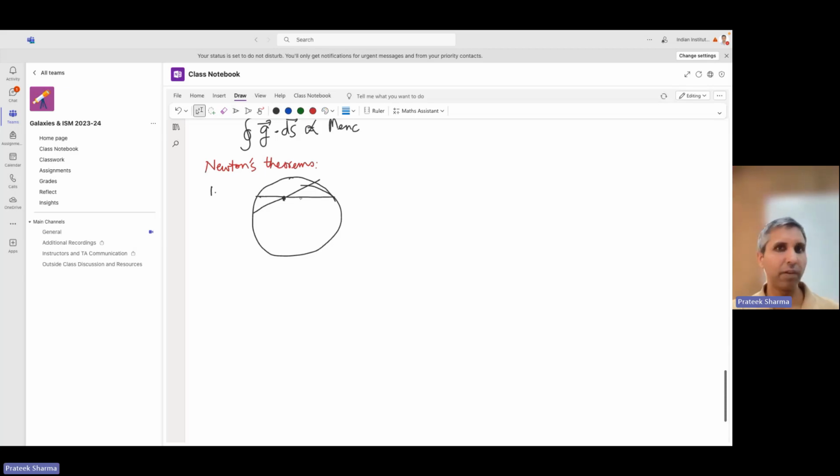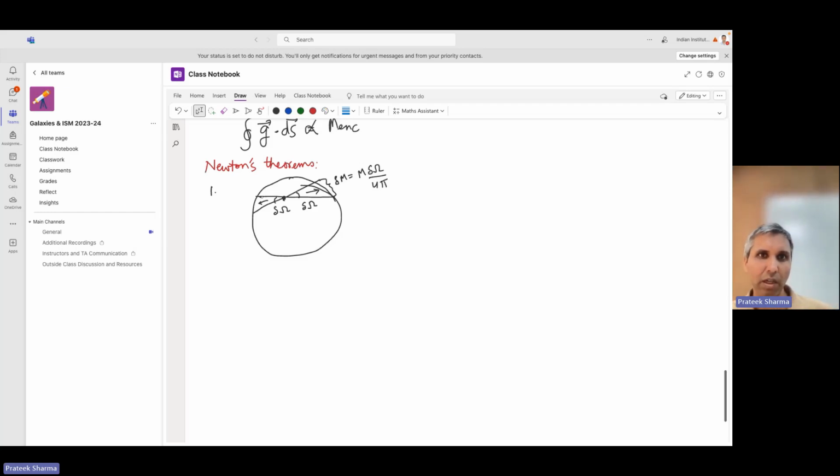Now what Newton showed is that the force on this test particle from the mass here and the force from the mass on the other side are equal and opposite. For all pairs, this can be shown because the solid angles are equal. So let's do this construction. The mass in this little conical region is delta m equals mass times this solid angle by 4 pi, right? This is the mass within this little cone here.